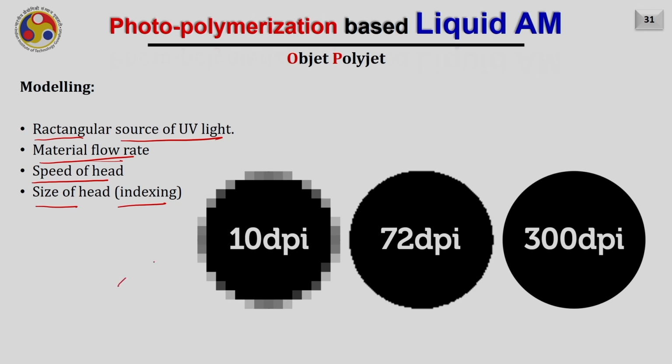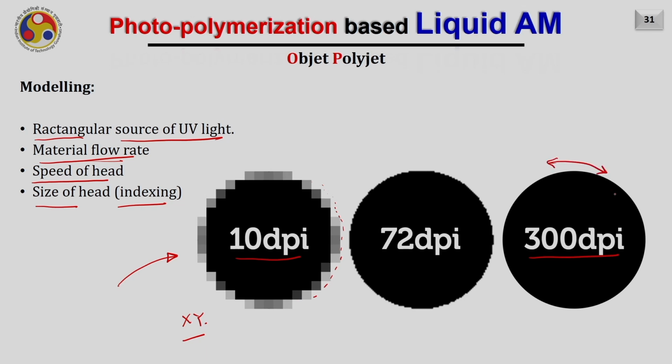Like you do in your PDF file, based on the resolution of the image which you are providing to the 2D printer, you get the image on the XY plane. Similarly, here also, based on the size of the nozzles we are using, we will get an accuracy on the XY plane of the build platform also. Like you see here, it is an image created with 10 dots per inch, while this is an image created with 300 dots per inch, and you are not able to see any staircase in the XY plane here. In this case, it's very smooth.